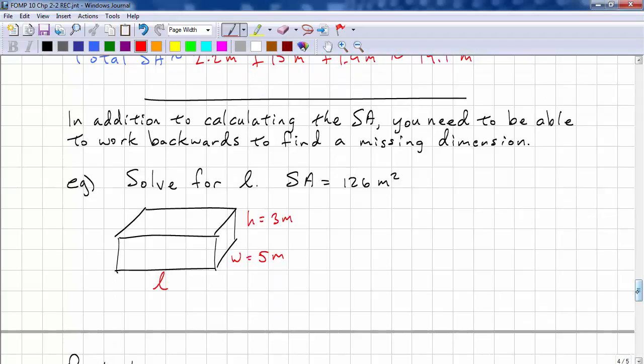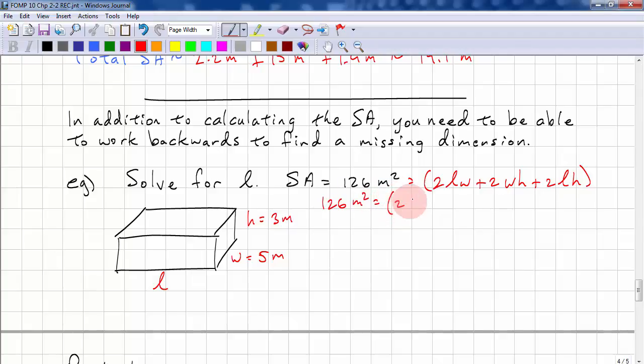Okay, let's look at a slightly harder problem. We need to work backwards. We're given the surface area, and we're given 2 dimensions. We're not given the third. So this surface area should equal 2 times length times width plus 2 times width times height plus 2 times length times height. So 126 meters squared